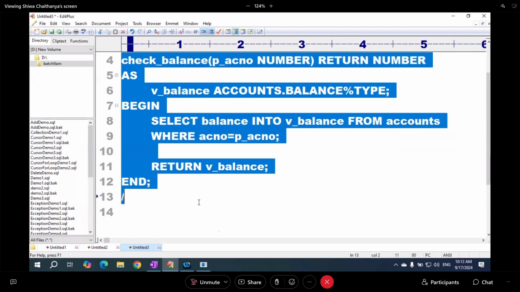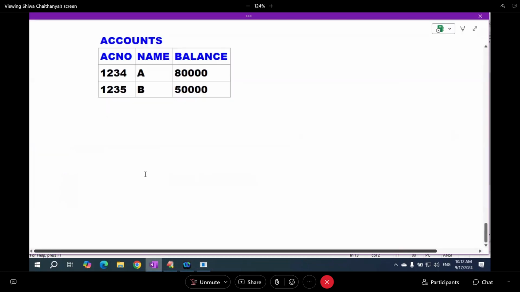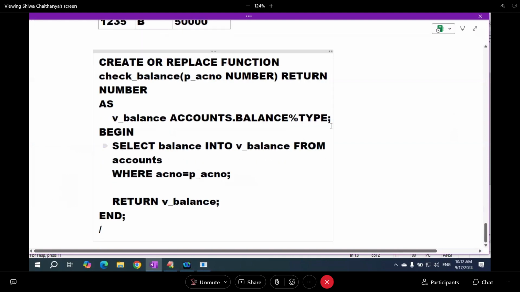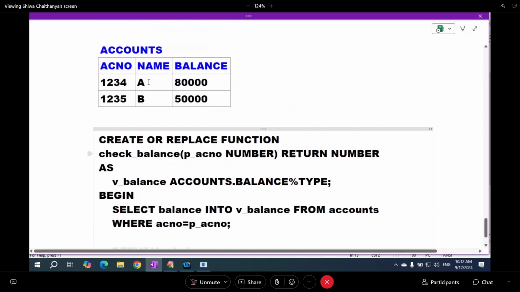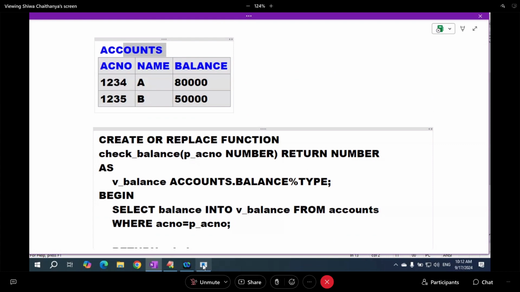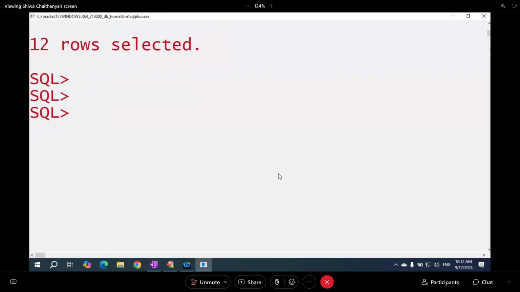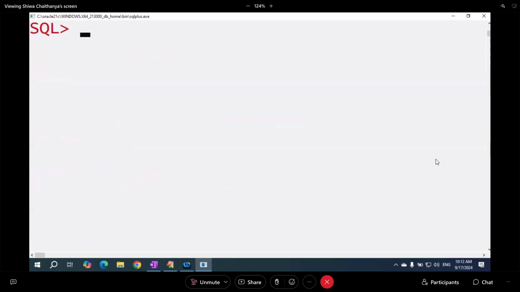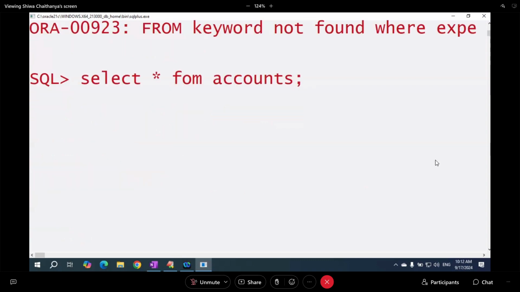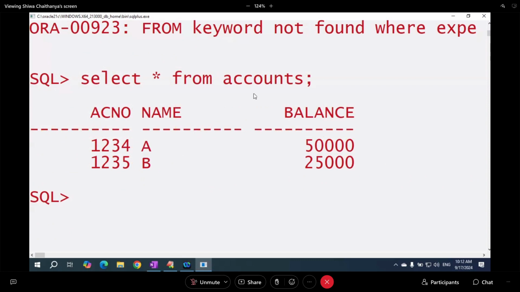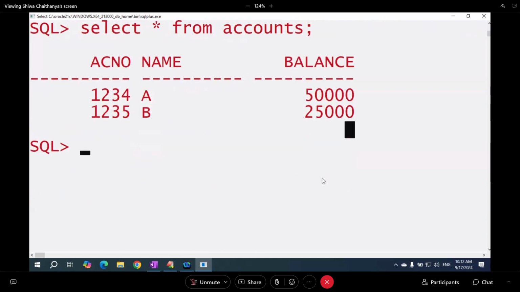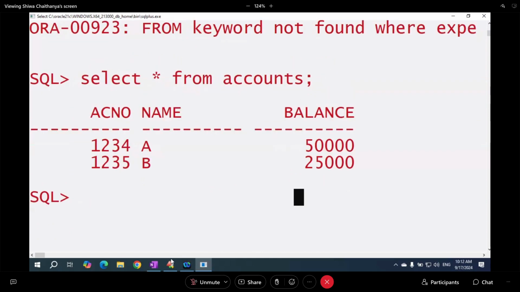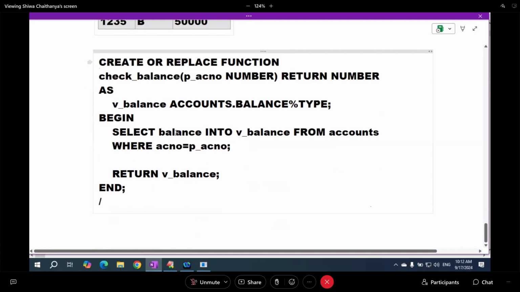Is it working or not? We need to check. Maybe the table is not ready. If the accounts table is not there, we need to create it. When you are practicing, create one table like this. Now, let me check whether the accounts table is there or not. Okay, the accounts table is there. Maybe we did this program in PL/SQL basics, so at that time we created it. So now I'm copying this code